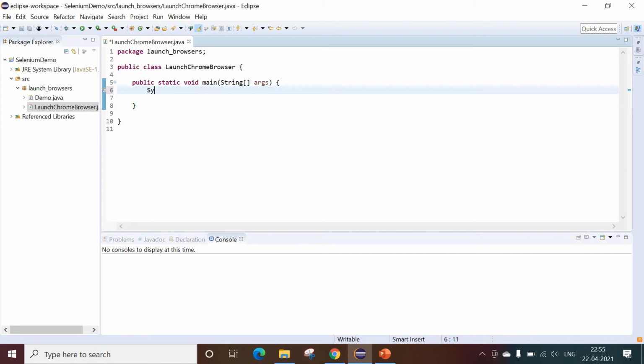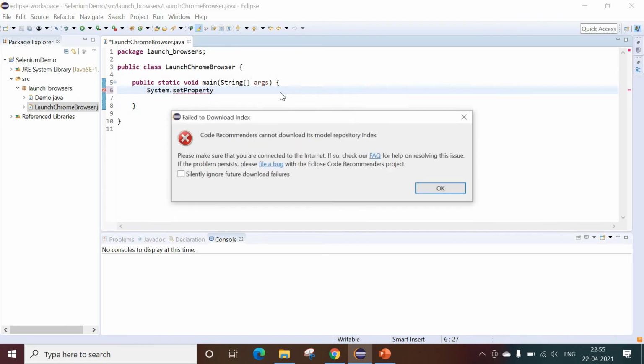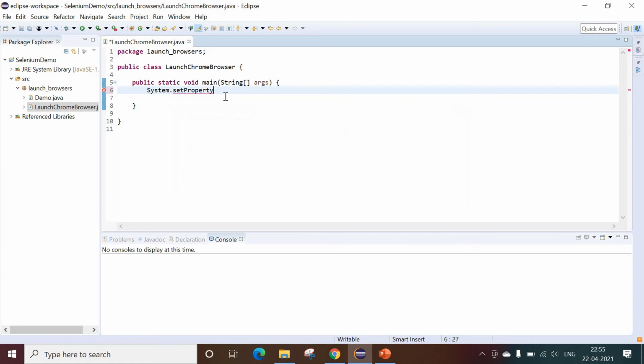For that, use system dot set property. Here, webdriver dot chrome dot driver, and you need to keep here the path. Path is